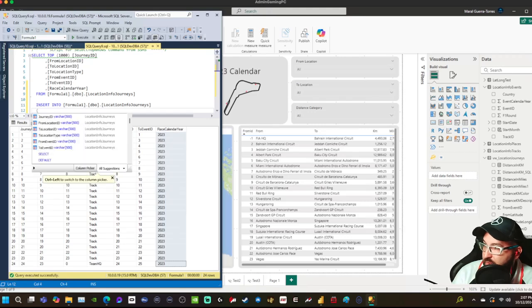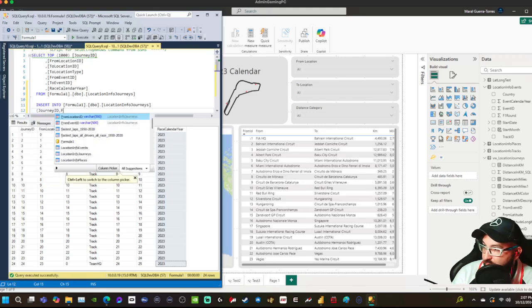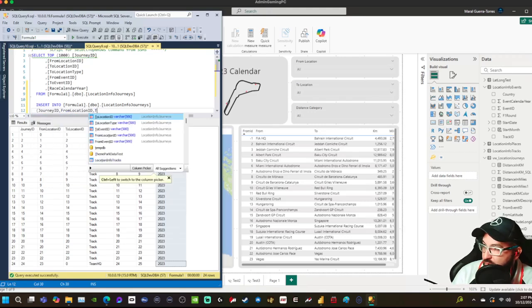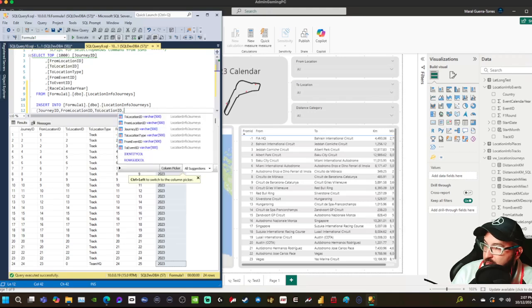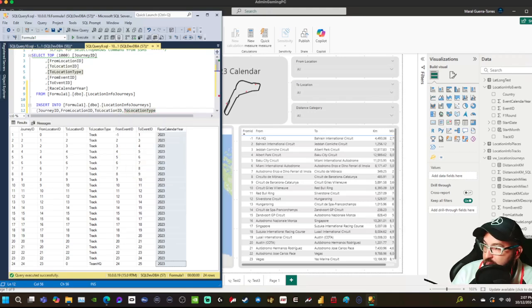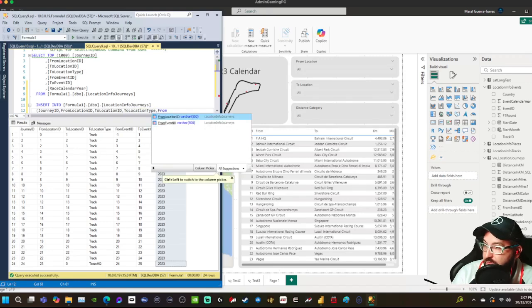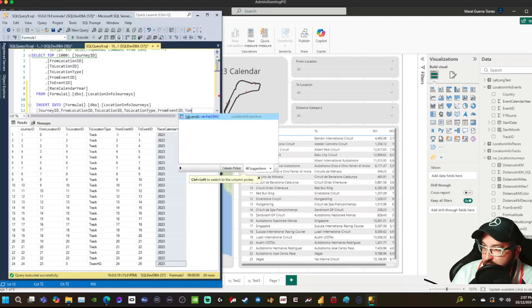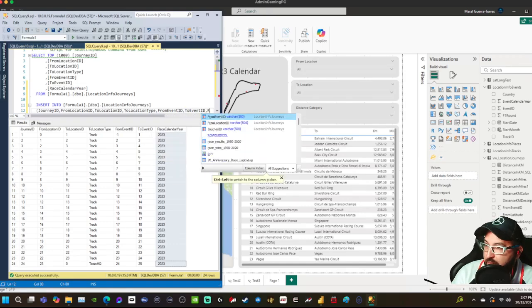And the values I want to insert are the journey ID, the from location ID, the to location ID, the to location type, and the from event ID for sure, to event ID, and the raised calendar year,